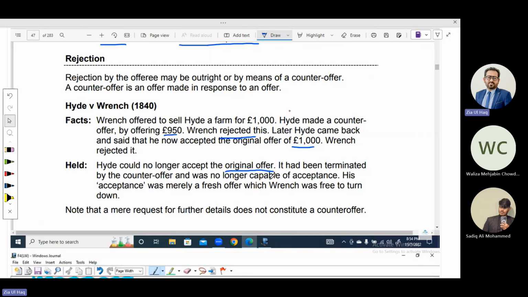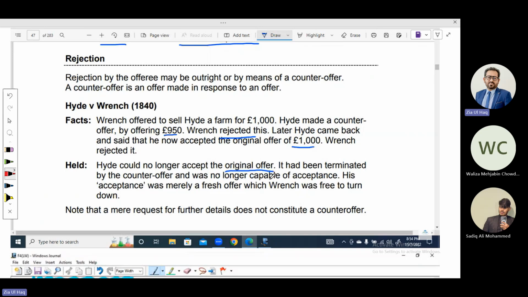Later, obviously, Wrench didn't accept 950. Later, Hyde came back and said that he now accepted the original offer of 1000. No, he cannot accept it because that offer was rejected through counter offer and Wrench rejected it. Now Hyde sues Wrench. No, he made an offer of 1000 and I want to accept now and he is not accepting my acceptance. So the court decided Hyde could